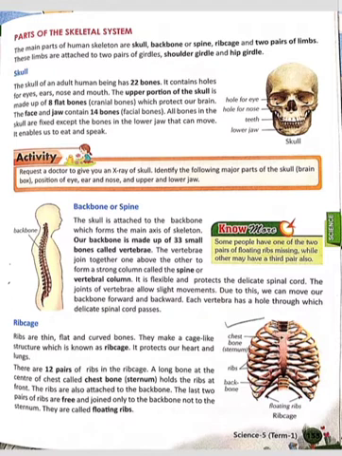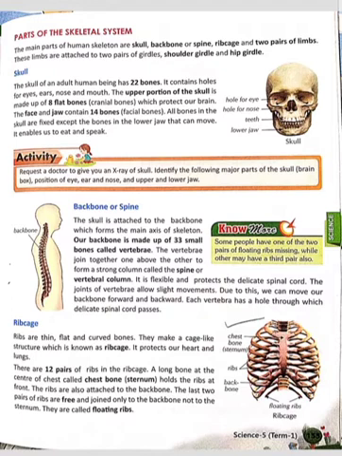All bones in the skull are fixed except the bones in the lower jaw. The upper jaw is fixed. You can't move your upper jaw while talking. Only your lower jaw is movable. The rest of the bones of the skull are fixed or immovable. Only the lower jaw can move. That's why we are able to eat and speak.